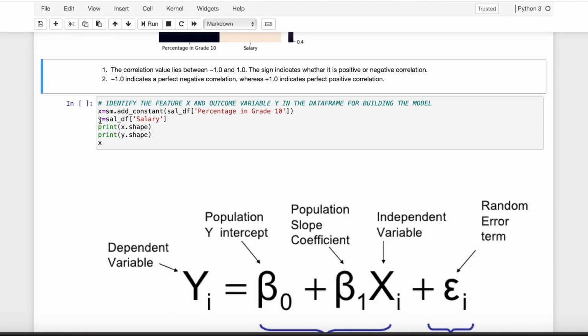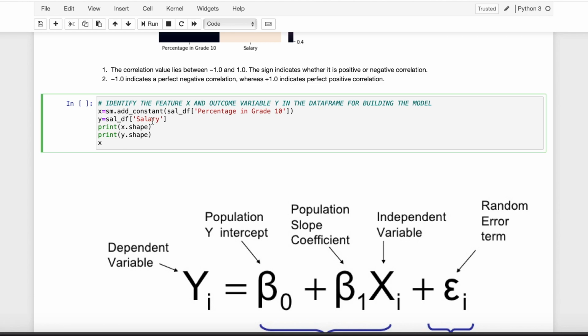Now what this library does is it estimates only the coefficient of parameter x. So to estimate the regression coefficient of the intercept, that is b0, we need to add a constant term of 1 as a separate column. So the code for that is X equals sm.add_constant of sal_df, that is our dataset, and we'll call percentage in grade 10, that is our x variable.